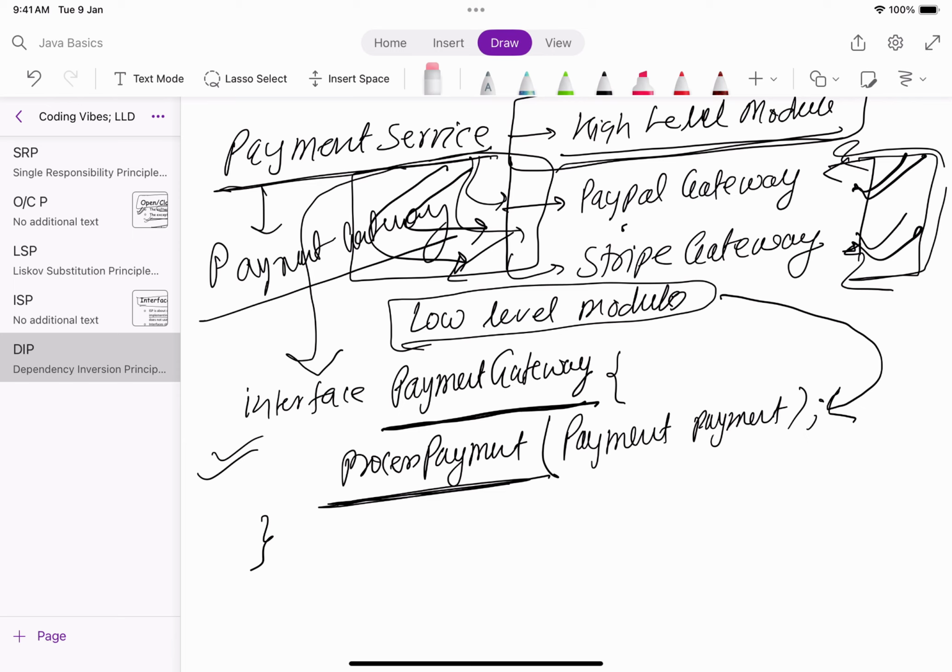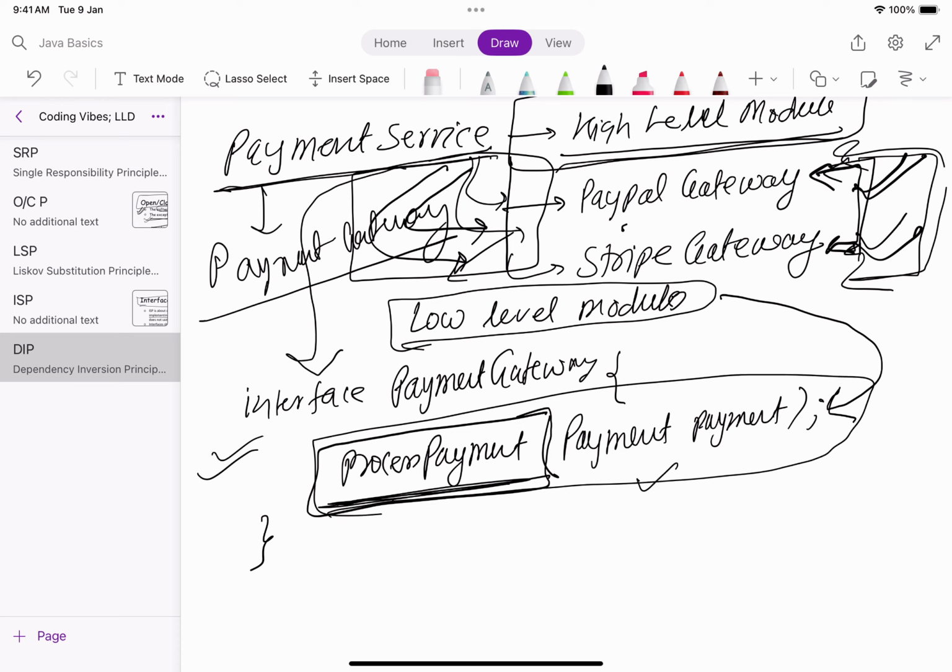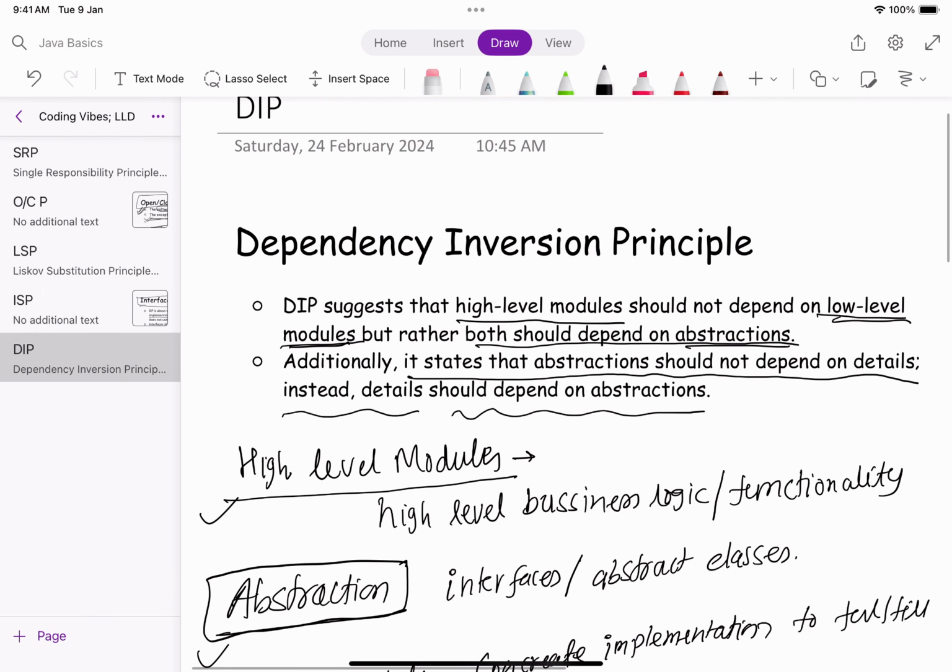Again, this payment gateway interface that we have created, this process payment, is not something which is inspired by these concrete implementations. We have a payment gateway which essentially has a job to process payment. Internally, it can use anything. So the contract is very simple, process payment. It takes a payment object and does the rest of the things depending on individual payment gateways. This contract is not inspired by any of the payment gateways that we discussed. And that is what this second point was all about.